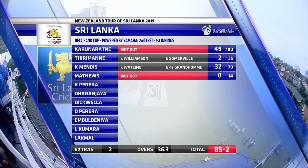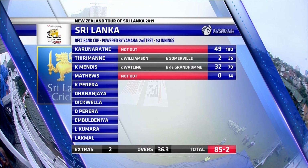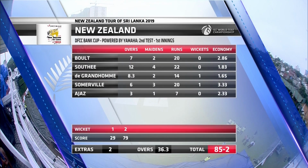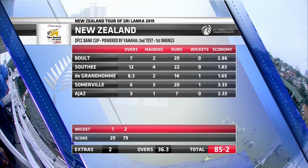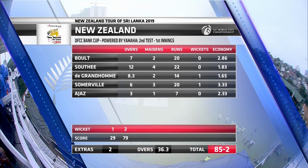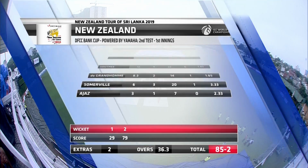Karunaratne holding it together. He's on 49. Tirimanne and Mendis, the two batsmen, dismissed. Mathews yet to get off the mark, and he's faced 14 deliveries. The Kiwis have been good with the ball. Boult and Southee, decent getting that ball to move around. Colin de Grandhomme has picked up a wicket for the Kiwis, and so has Will Somerville. 85 for 2 after winning the toss. They have that advantage, but they still haven't run away with it, the Sri Lankans. All to play for